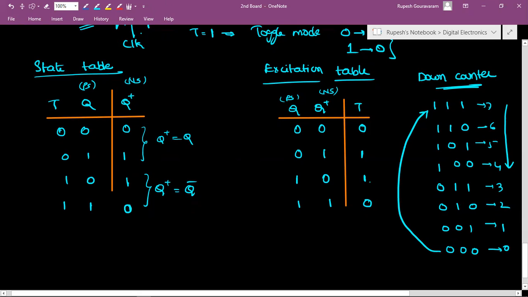Now, based on the values of the outputs of the 3 flip-flops given in the question, the 3 flip-flops are, first one is toggle T2, then D flip-flop D1, and T flip-flop T0. So T2, D1, T0. These are the 3 flip-flops given. And what is the output of the 3 flip-flops? Q2, Q1, Q0. Okay. So what we need are the inputs. If you need the inputs, which table you have to use? Obviously we have to use the excitation table.